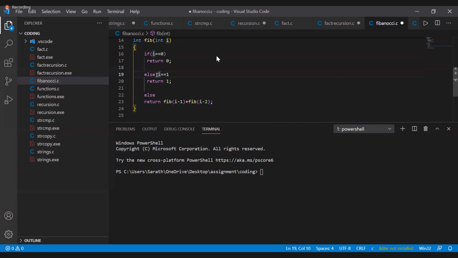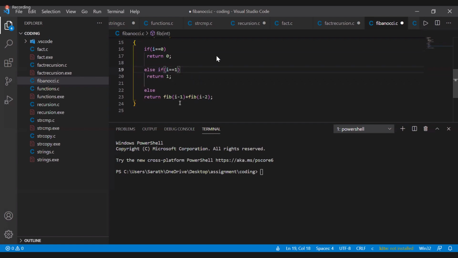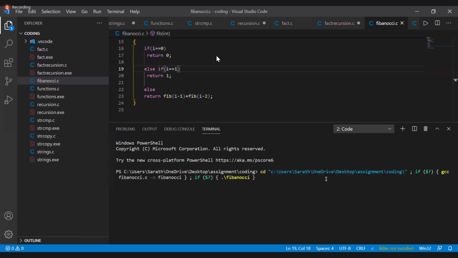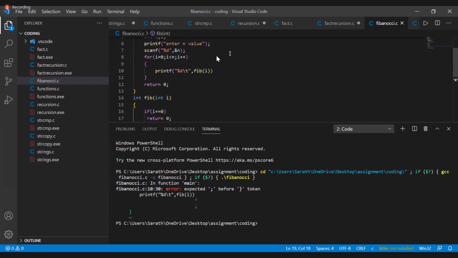That is not else. We don't have two else statements. You have to write else if. First, you missed a semicolon, I think.